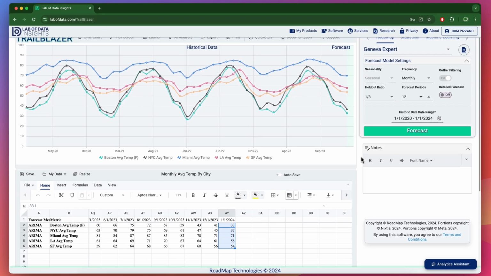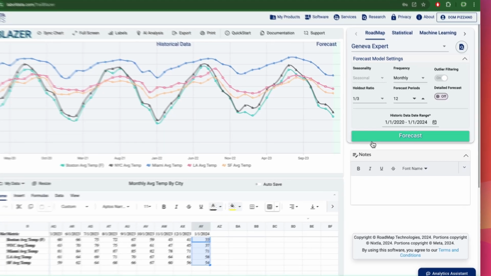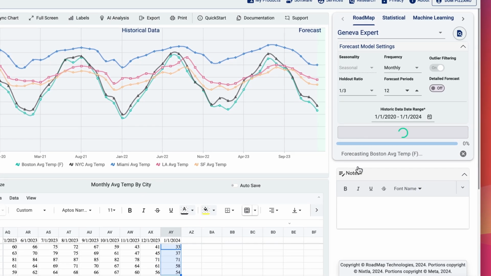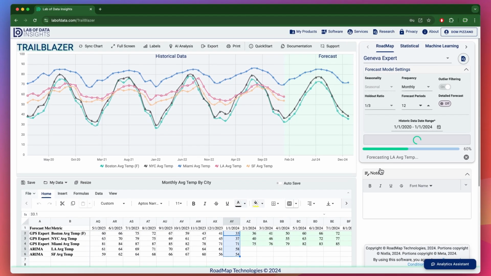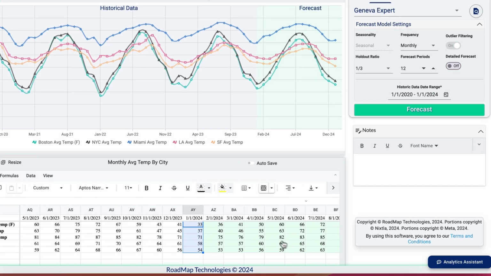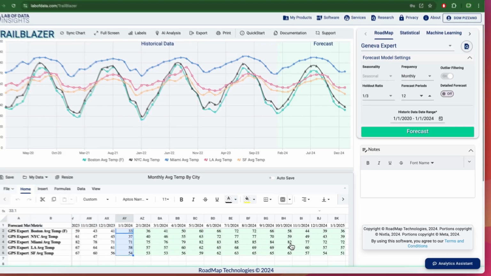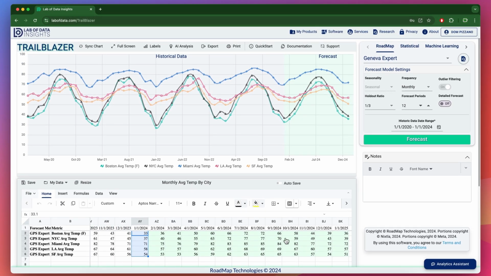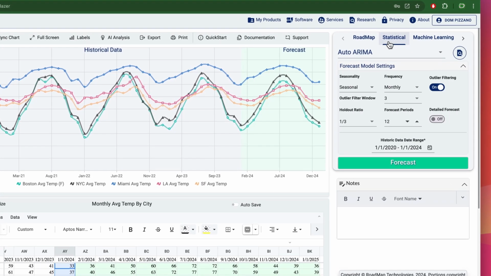Users select rows of data they wish to forecast, and after confirming the forecast panel settings, can run their forecasts. Here we use RoadMap's Geneva forecasting engine to predict the next 12 months of monthly temperatures for these cities. Users are able to rerun forecasts with other models easily by selecting other forecasting methods in the forecast panel, such